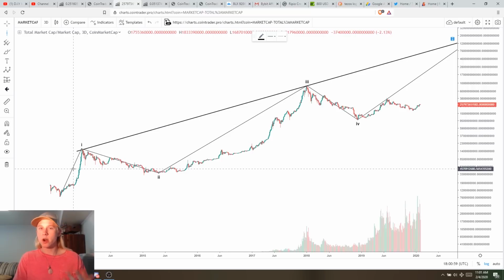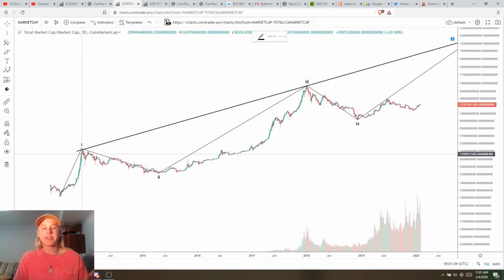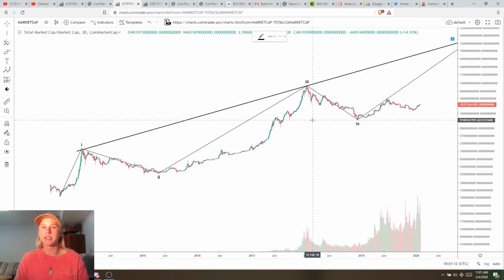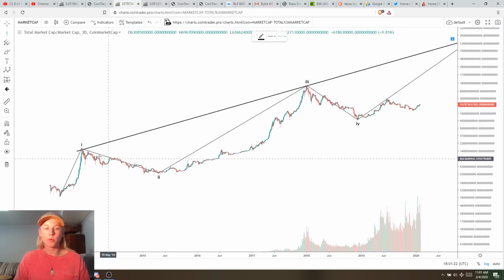Now, what I've noticed inside of the markets and what I've been reporting on for a while now is the fact that the new year is a very strong time for reversals. And so let's go through here and apply that theory to this chart, and let's see how the halvings line up with it. And not only the halvings, but let's take a look and see how all of the cycles line up in all of the ways that I found.